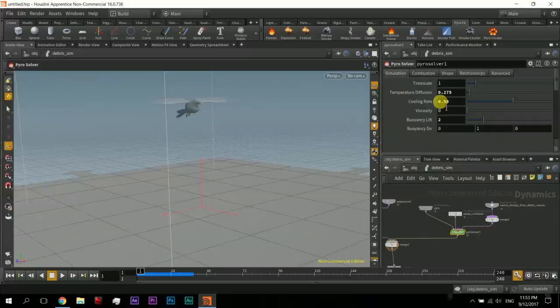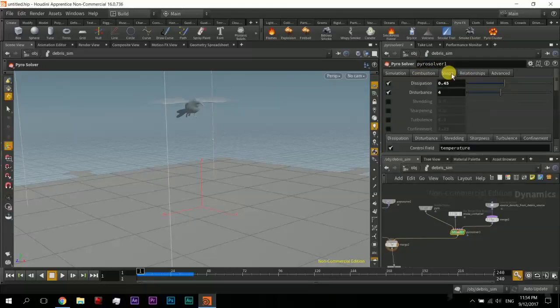And we have this pyro solver. This is where we're gonna play around with it, and we'll see the time scale. This is to turn on and off the smoke. And we have the temperature diffusion to control the temperature, but we're not gonna play with that, as this one is if you are creating like a hot, heaty smoke or something. We are just going to go into the shape tab and